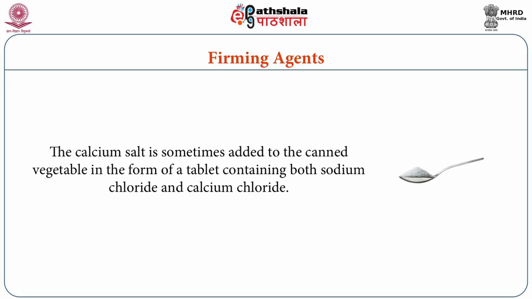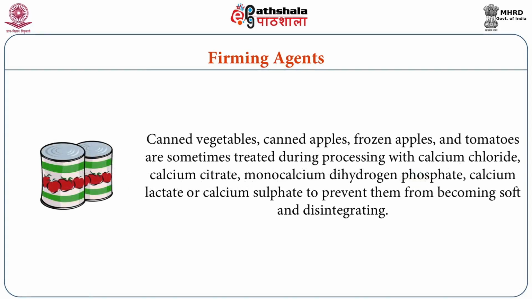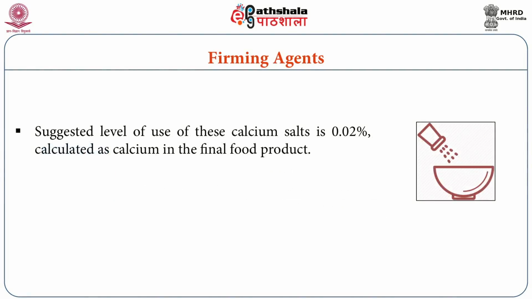The calcium salt is sometimes added to canned vegetables in the form of a tablet containing both sodium chloride and calcium chloride. Canned vegetables, canned apples, frozen apples, and tomatoes are sometimes treated during processing with calcium chloride, calcium citrate, monocalcium hydrogen phosphate, calcium lactate, or calcium sulfate to prevent them from becoming soft and disintegrating. The suggested level of use of these calcium salts is 0.02%, calculated as calcium in